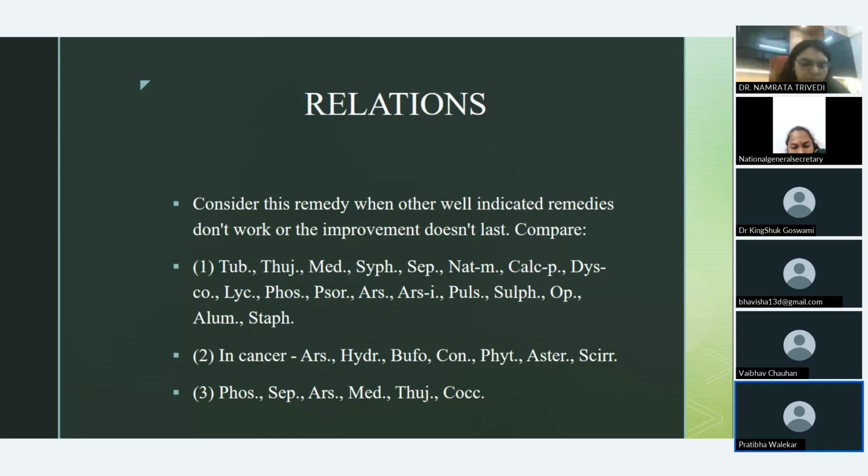ओके, मिनिमम 200 से ही स्टार्ट करना है, राइट? हाँ। और रिपीटेशन 200 का भी हो तो वो डेली बेसिस पर TDS में नहीं देना चाहिए, ओनली 1 डोज देना चाहिए, सिंगल डोज? ओनली 1 डोज। और इस 200 डोज का कितनी बार रिपीटेशन कर सकते हैं? ज्यादा नहीं, 1 या 2।